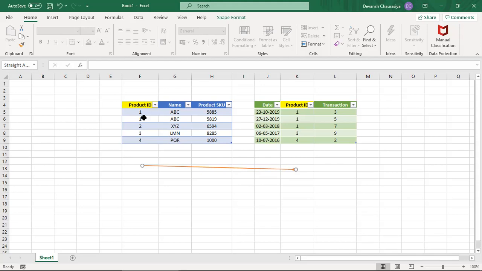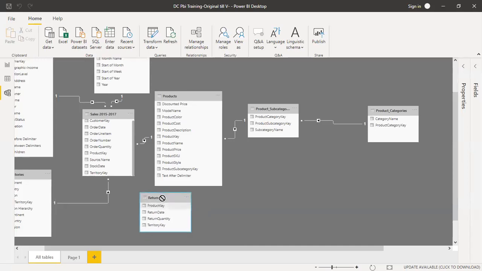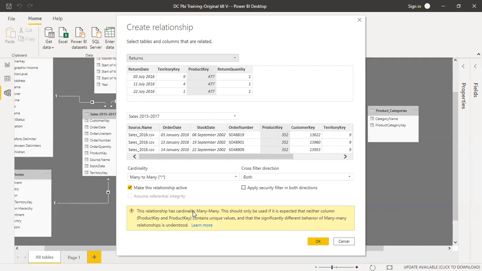Okay. So just to give you a small demo, let us say that for returns I try to connect product key here with product key here. This relationship has cardinality many to many. Exactly what I just explained to you.